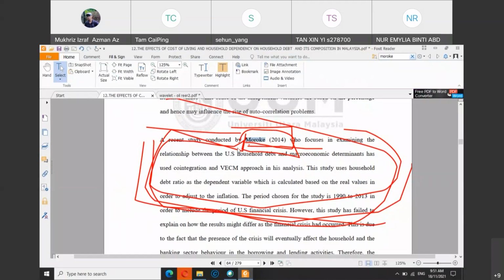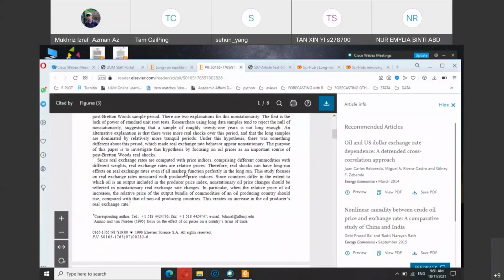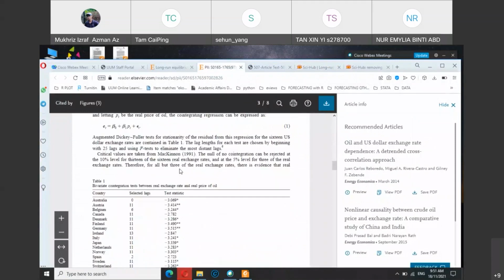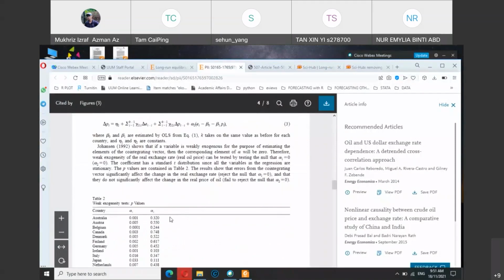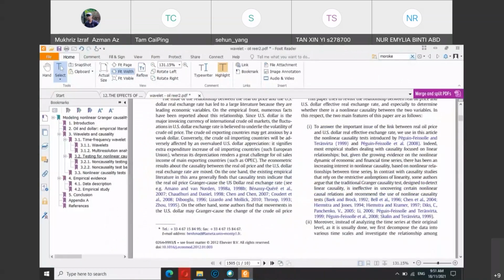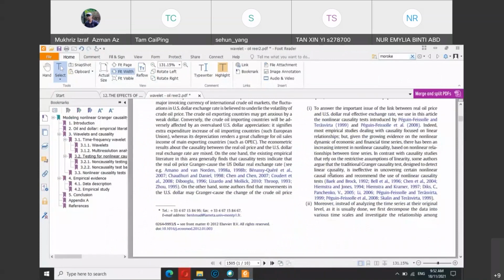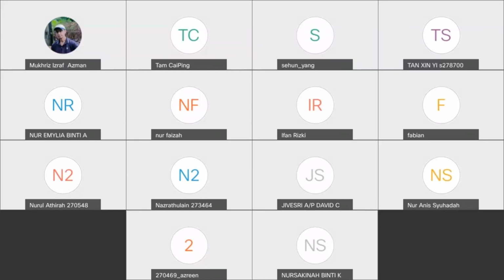Okay, so the more theses or the more articles that you read, when you open the literature review section, you can find more articles that are relevant to your project, because any journal article usually will have a literature review section which you can also use in your own thesis, as long as the topic is relevant to your particular project. Okay, so that is the way to do it lah.